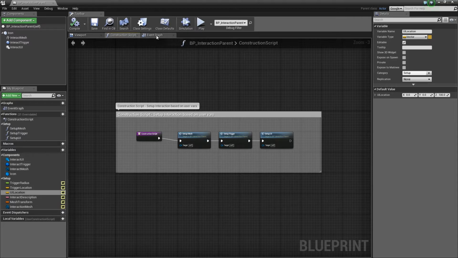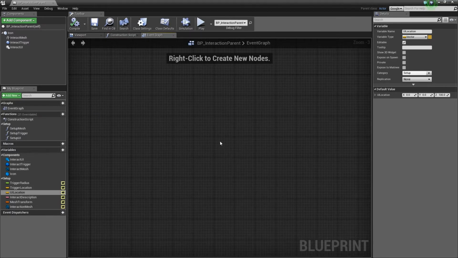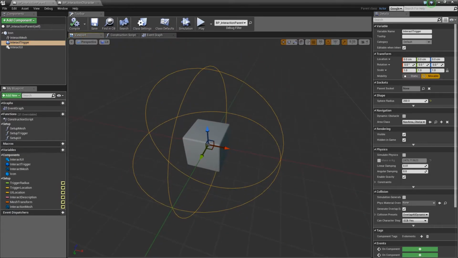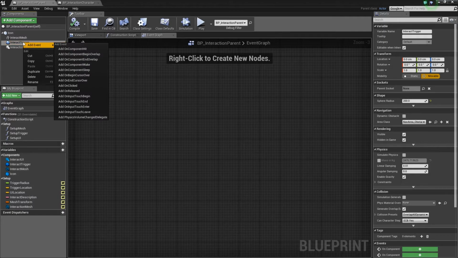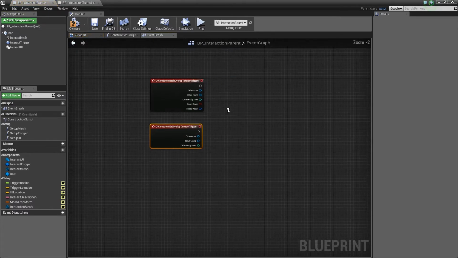Let's jump back into the blueprint, and we can start in on the event graph. Now, the first thing we need to do is to tell the character that they are able to interact with this now. We need to find out when they hit this trigger, when they enter into the sphere, and tell them they now can interact with this object. So we can right-click and say Add Event on the trigger, and we're going to say Begin Overlap, and we're going to right-click again and say End Overlap. It's going to add in both of these